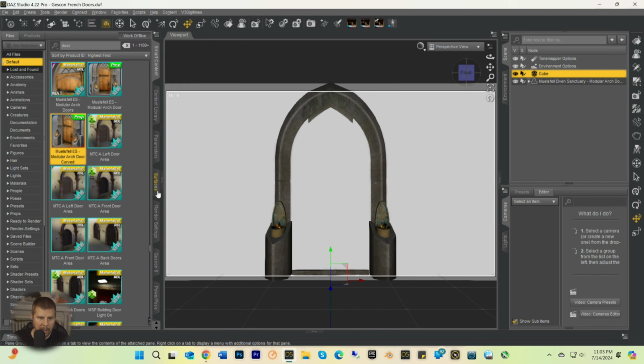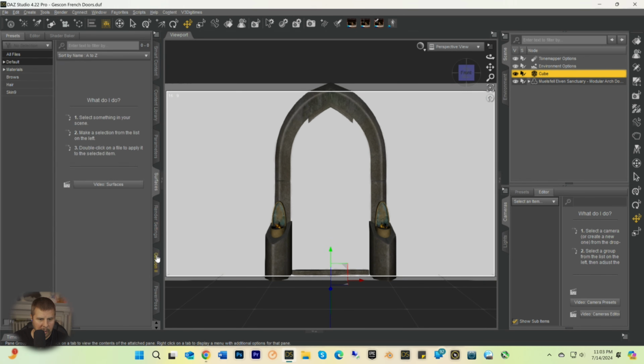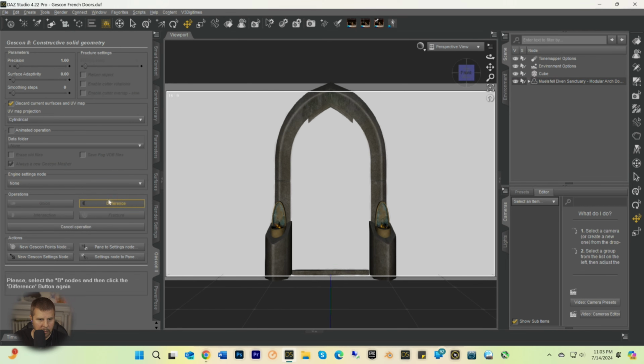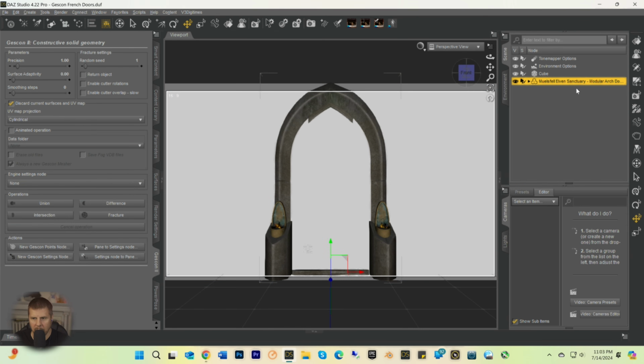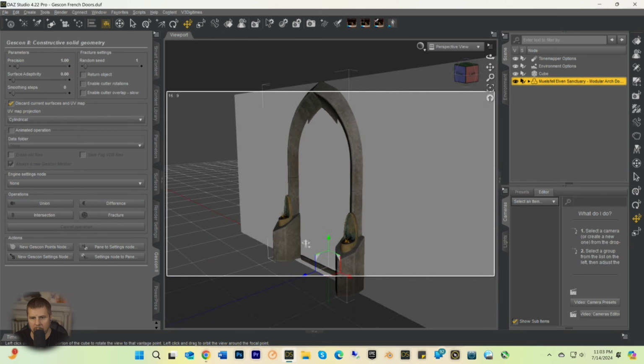Cube, surface. Okay, Gascon, difference. Okay, I clicked the wrong thing. Okay, I think I need this. Difference. No, all right, let's try this again. Difference. It's not going to work. So,